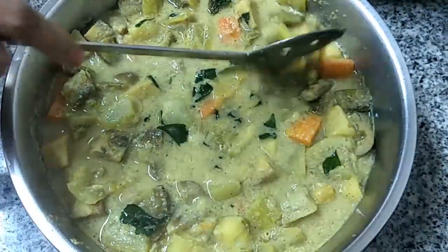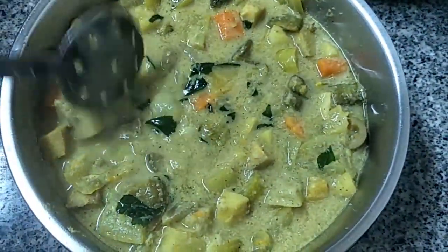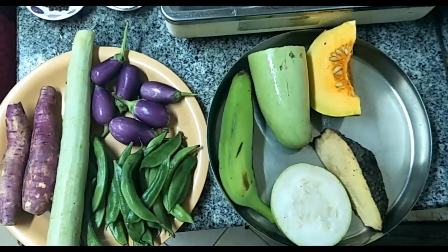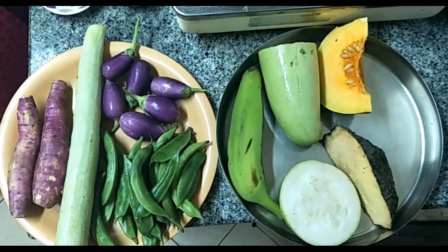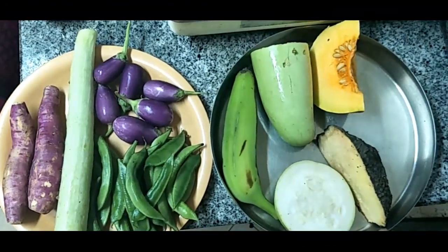Today we are going to show you how to prepare avial, one of the best South Indian dishes. Ingredients for avial: 150 grams of white pumpkin, 150 grams of yellow pumpkin, 150 grams of yam, 200 grams of ash gourd,